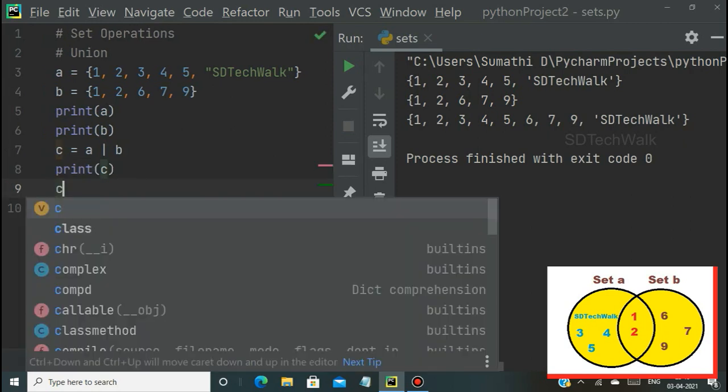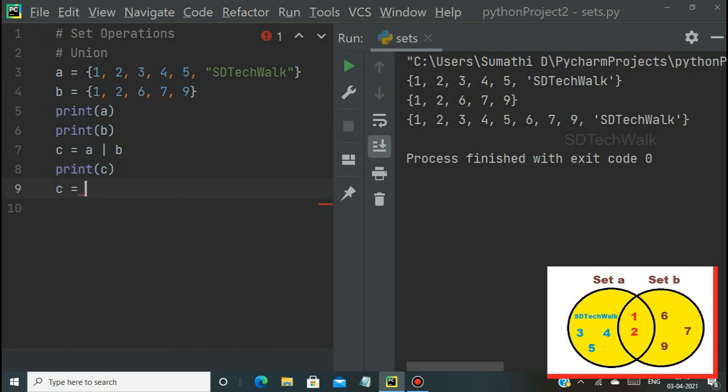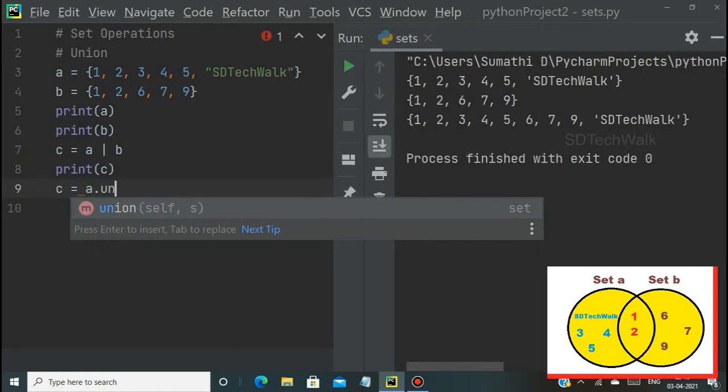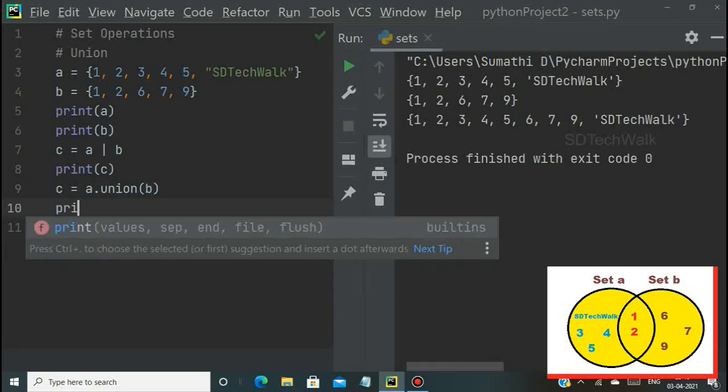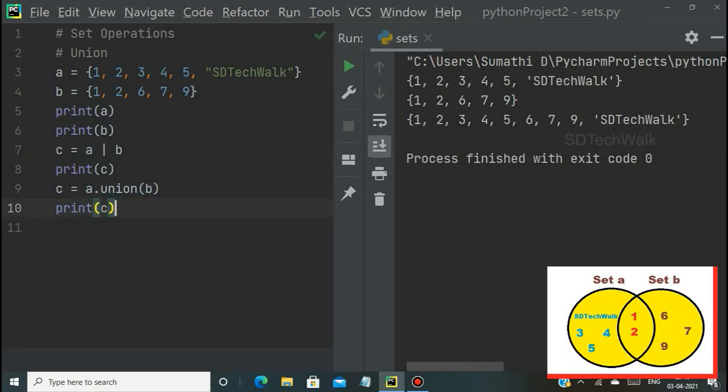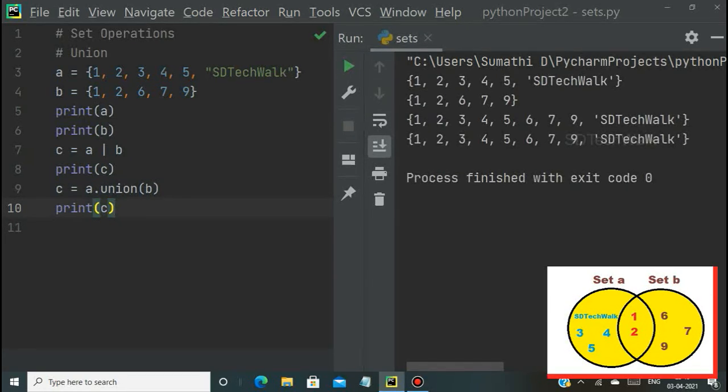Now the same thing can be done using the union method. So A dot, I have a method called union, union with B, and just print C. Yes, I have got the same output that I expected. The next operation we are going to discuss is intersection